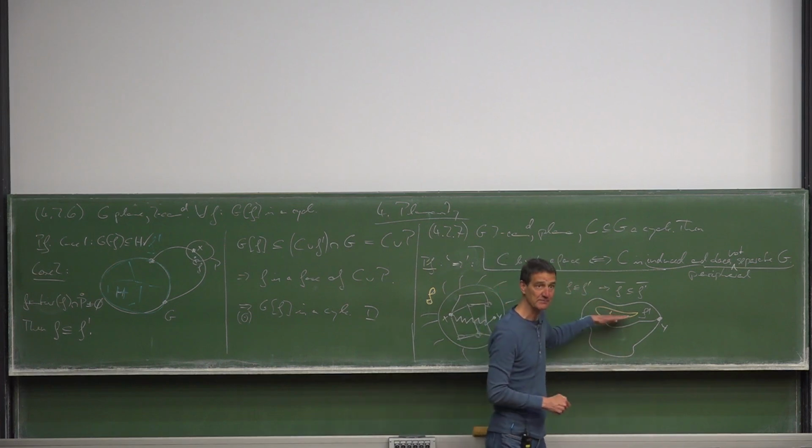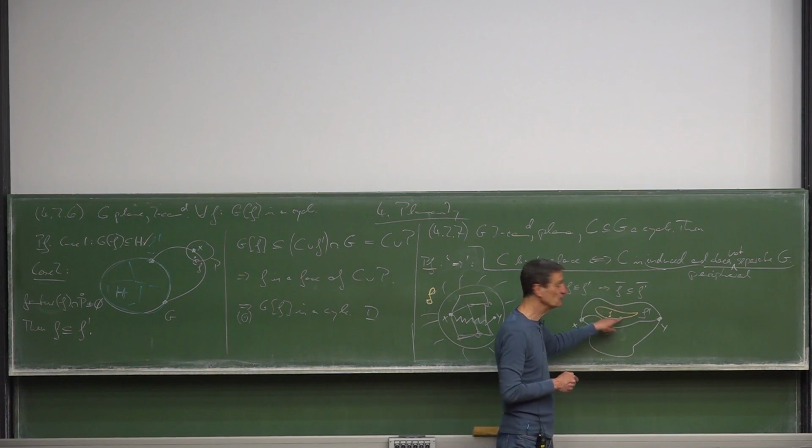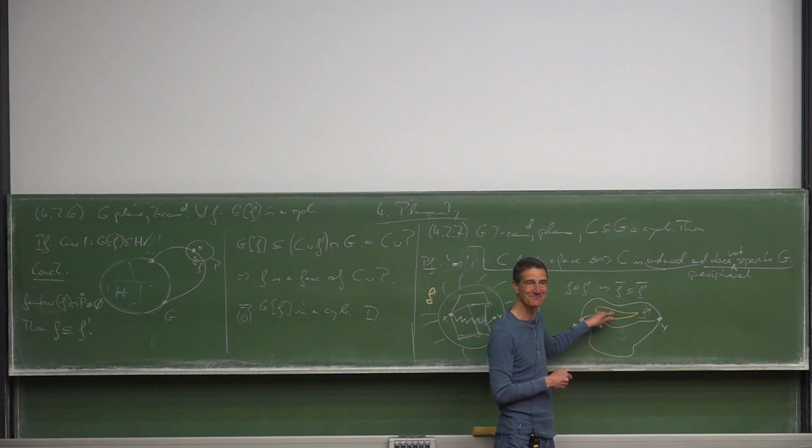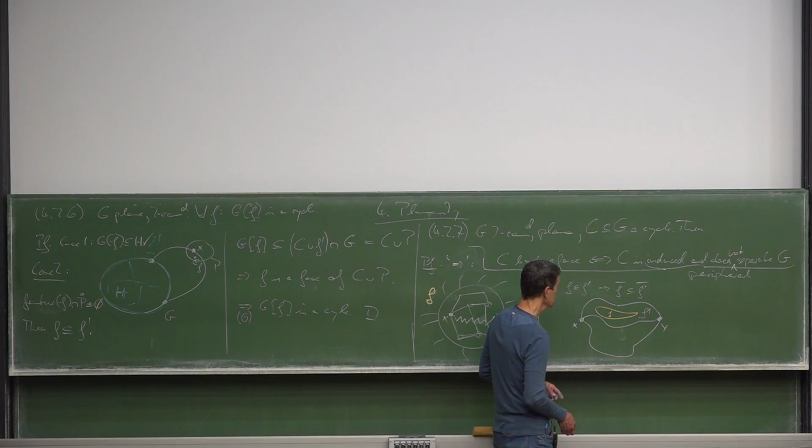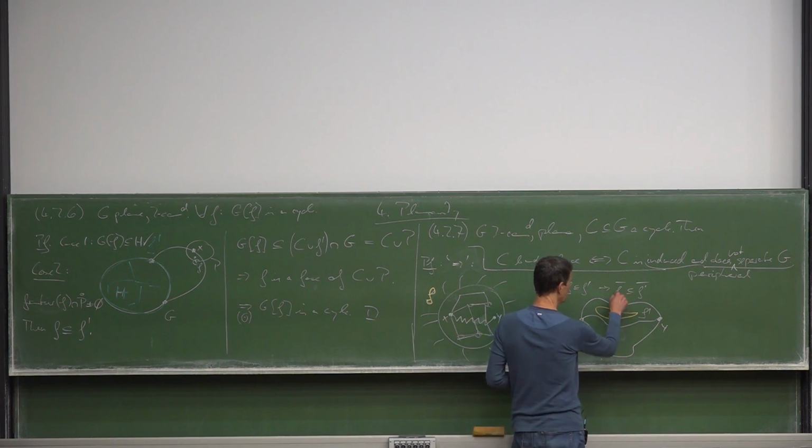Now, its boundary by the theta lemma is the union of two such paths. That vindicates my drawing it like this. I shouldn't have really drawn it like this because we don't really know that F doesn't have a little bit of here and a little bit there, but now we know. So the closure of F lies in the closure of F prime,